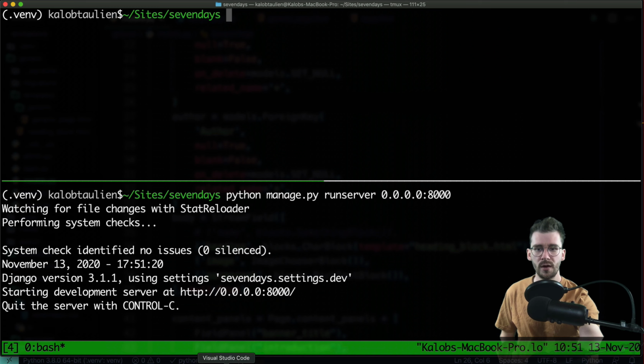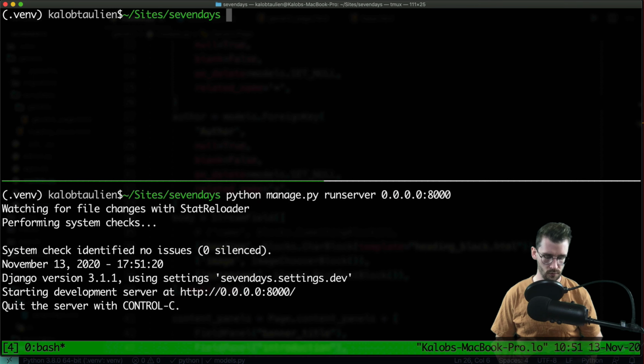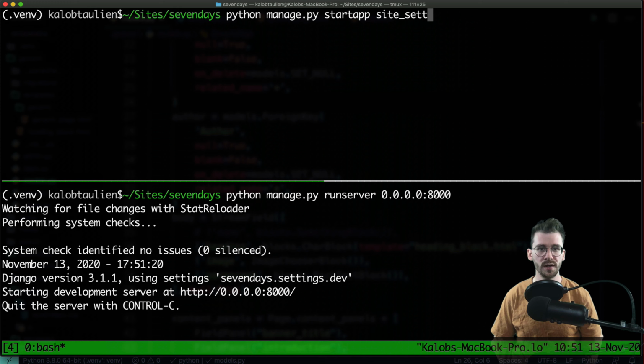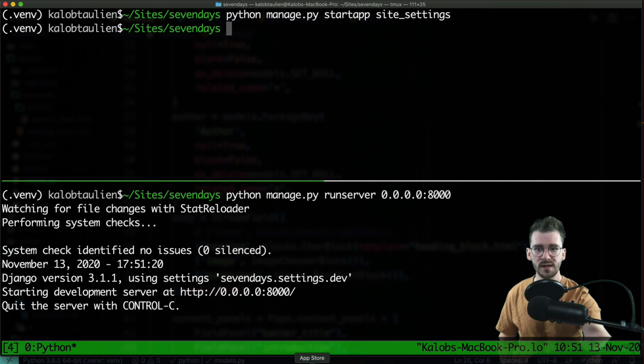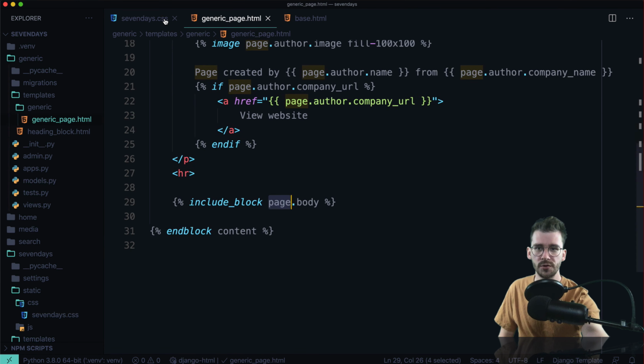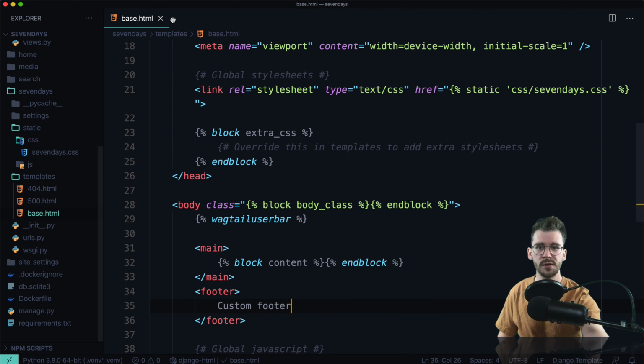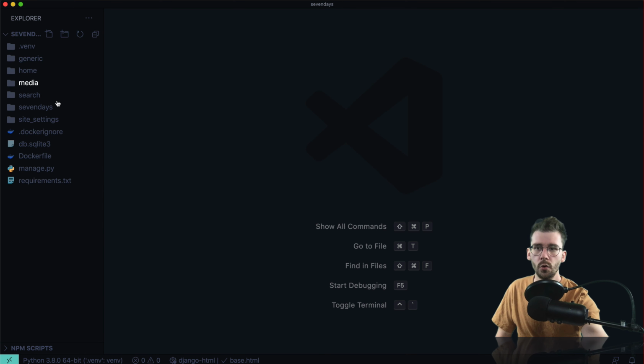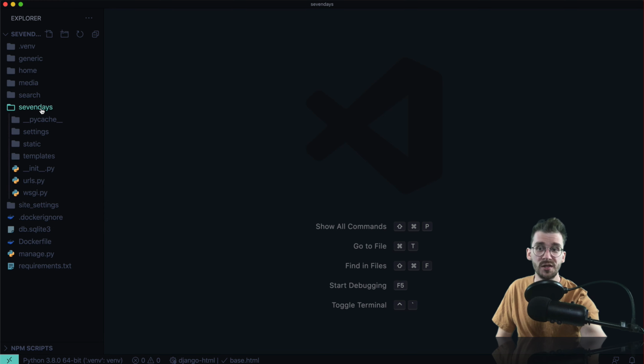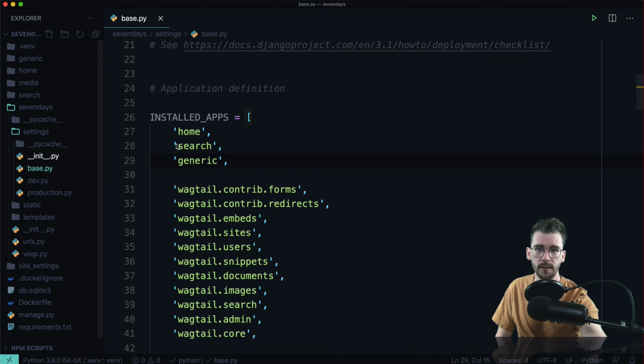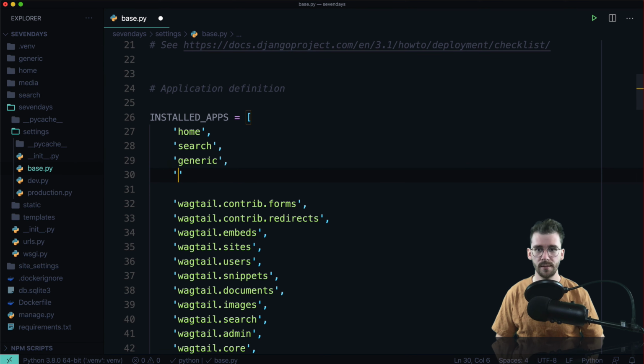Now, this is very interesting. The first thing we need to do is create a new app. So let's go ahead and do python manage.py startapp, and let's call this site_settings. And now this looks like it doesn't do anything, but if we open up our editor, and I'll just close this stuff down, this is all from yesterday, we have a folder called site_settings, and we need to activate that. So let's go into our settings, base.py, and let's enable it,